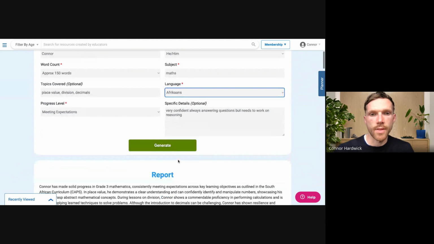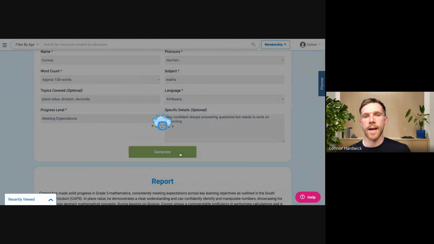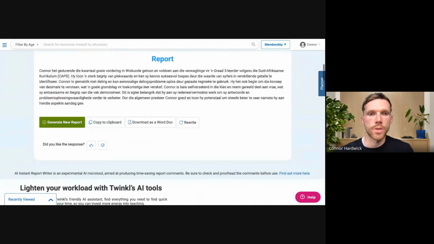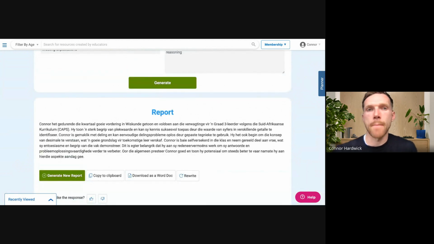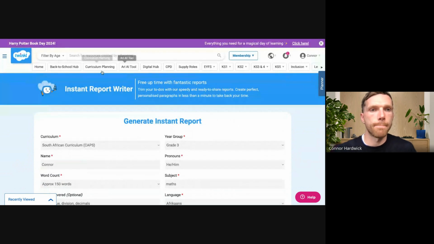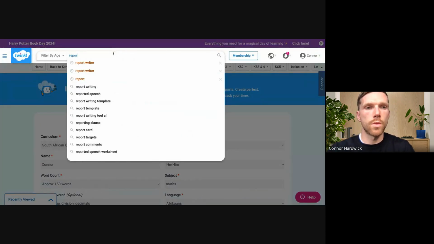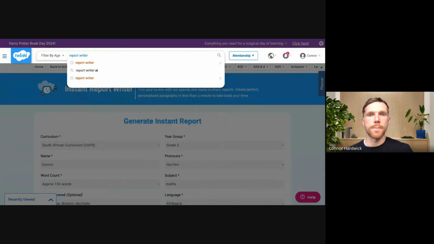Let's just see if this works. Now, because I've written in English, this may confuse the AI. But if we look at this, it should have given me an Afrikaans language, which I could go away with and use. Obviously, the AI may make mistakes, and I will touch on that at the end. But for now, that's Instant Report Writer. So if we move now on to, let's go to in-depth report writer,